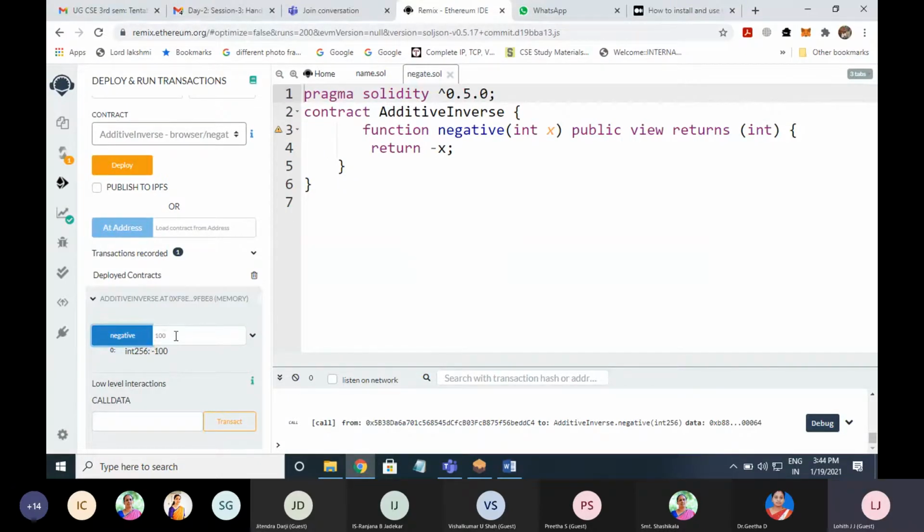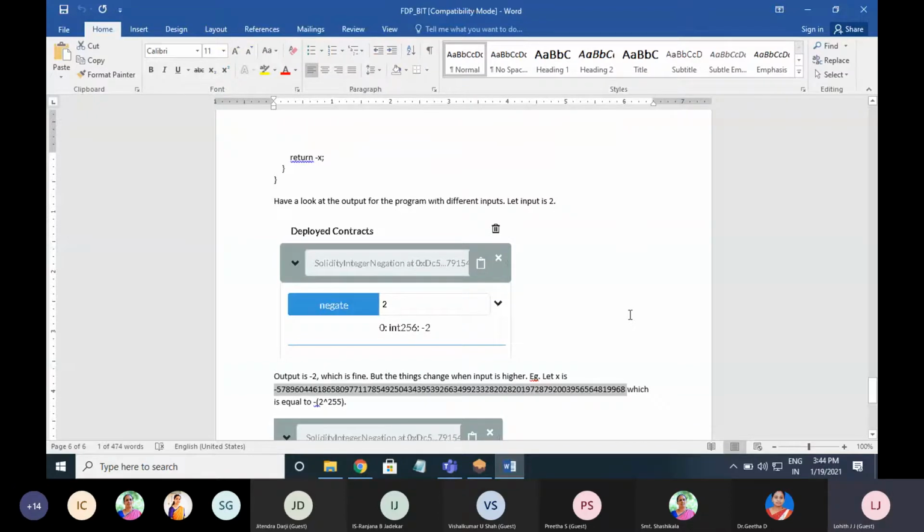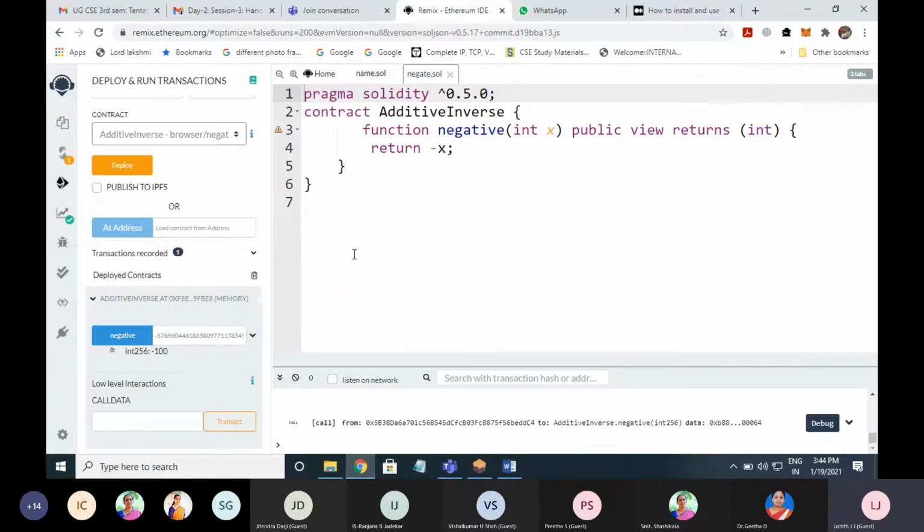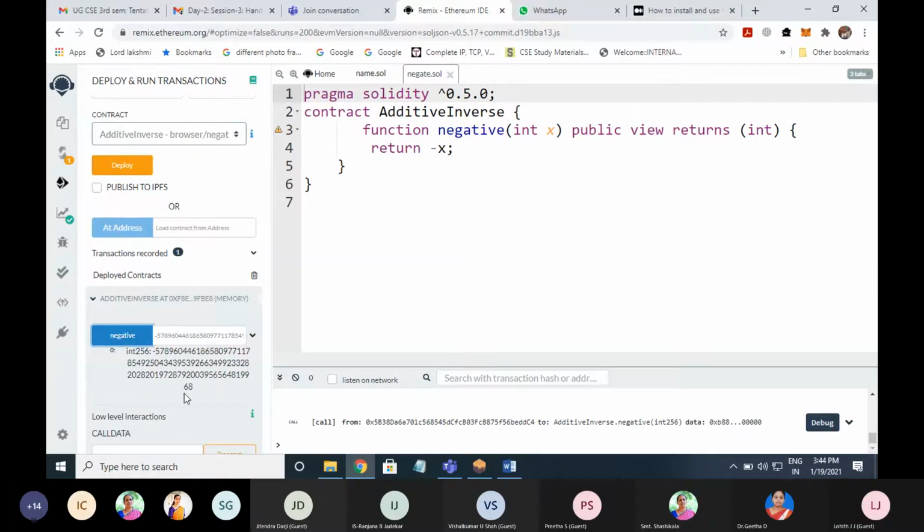Now I'll give this value which is equal to 2 power 255. I am giving the value 2 power 255 and minus 2 power 255 value, so it has to give plus that value, right? Now let us see what value it is giving. It is giving minus of 57867 only.